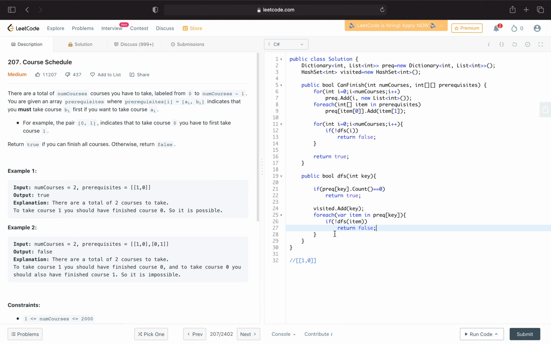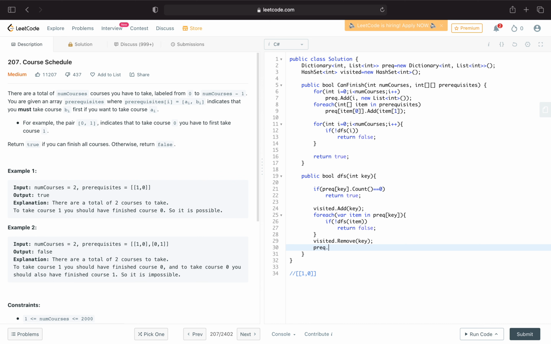If it is, we will keep going to the other prerequisites. Keep going, keep going, keep going. Okay, after everything's done, we can go through everything. Visited dot remove, right? We need to clear that one back. Okay, we can go through everything from this node. We can finish. Okay, so we will remove this one, and then